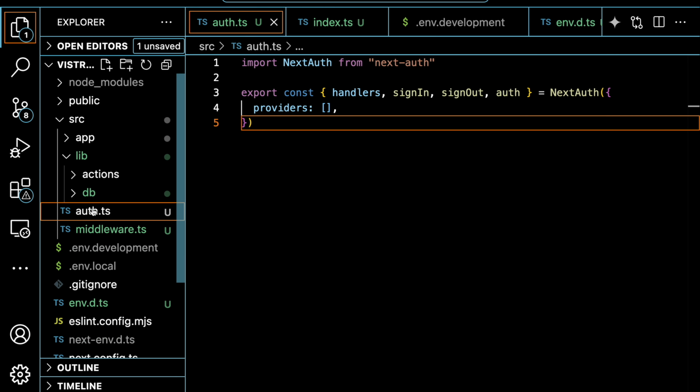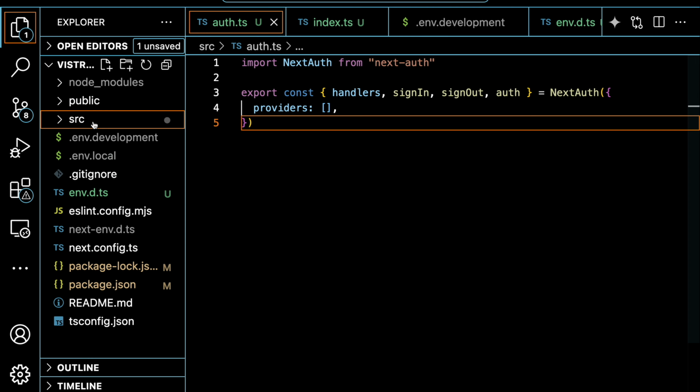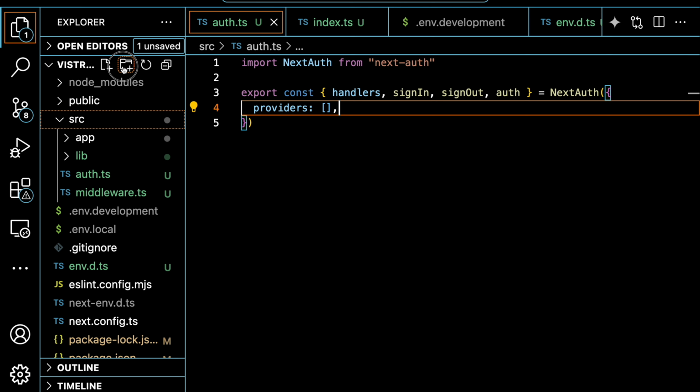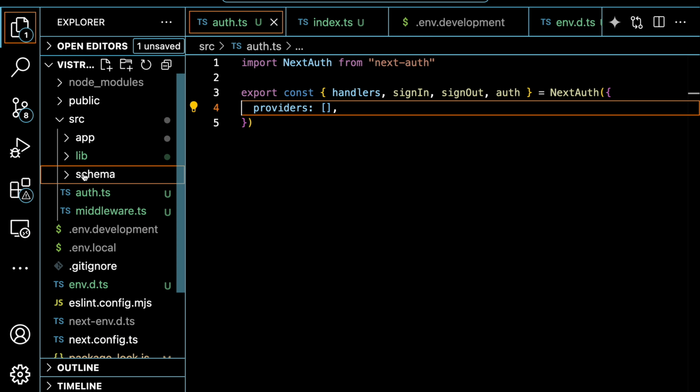We want to be able to use it within our authentication. The next step is, let's create a validator over here. So before we handle this, let's create a validator. So go ahead and create another file known as Schema, and we are going to be making use of Zod